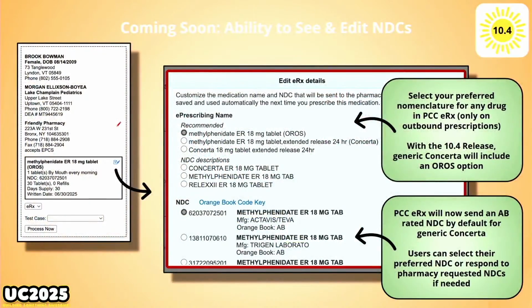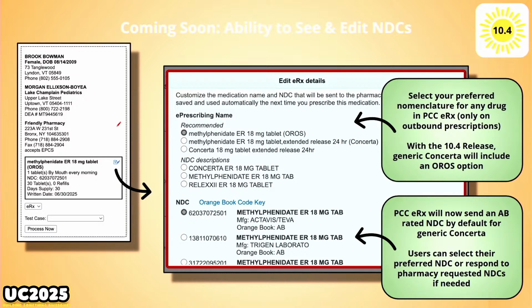With the new release, you'll have these options, and this will be for every drug, so we're going to look at one other one after this. The name that will be in there by default will be what I'm showing here at the top. It'll just say ER18 with a nod that you're looking for that osmotic pump. You can still go back to the ones that we were using before, and you can pick some other ones that are in there.